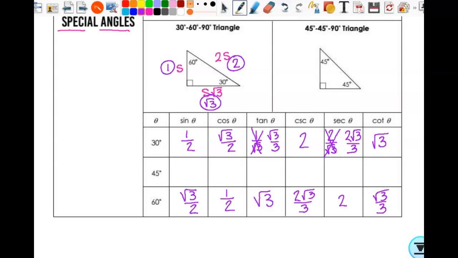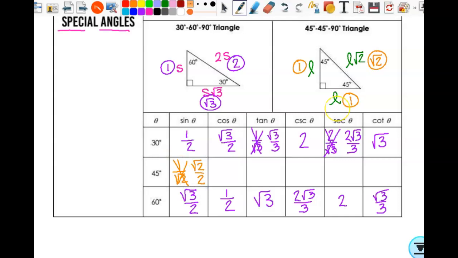All right, so now let's look at the 45, 45, 90. So we can label this one L, L, L square root of 2. That's your rule for special right triangles. So if we let the leg be 1, this one's 1, because it's an isosceles right triangle, so the 2 legs are congruent, which means this side is going to be square root of 2. All right, so the sine of 45, well, they're both 45, so it doesn't really matter which one you pick. So I'll pick this one. Opposite over hypotenuse, that's going to be 1 over the square root of 2. And that becomes square root of 2 over 2.